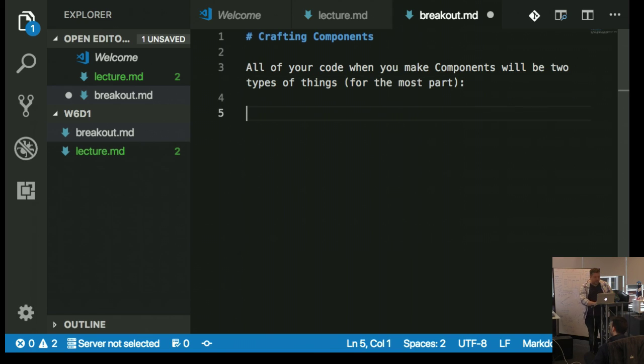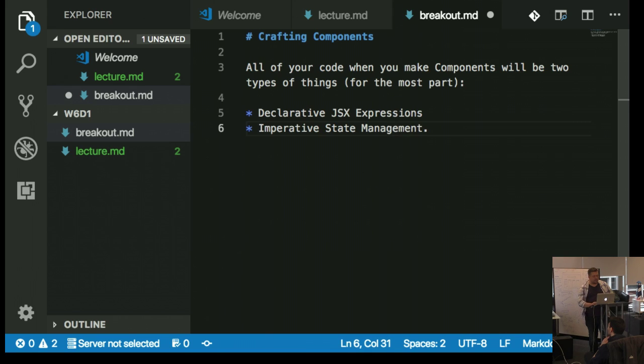They are either going to be declarative JSX expressions or imperative state management. So when I say JSX expressions, I mean that